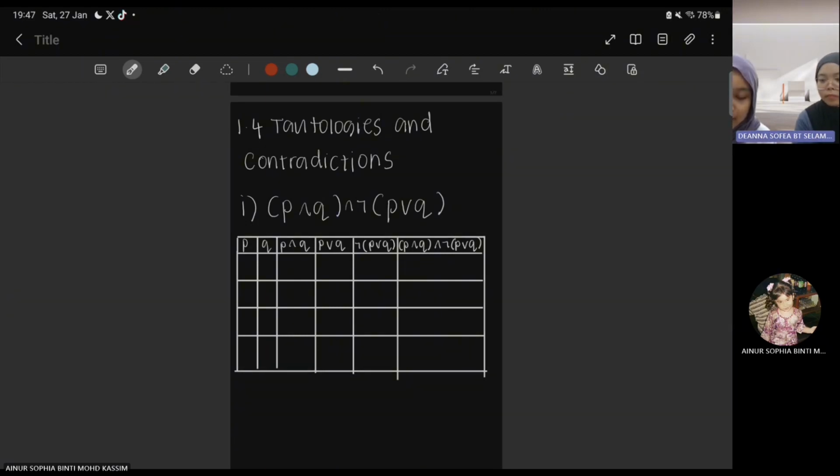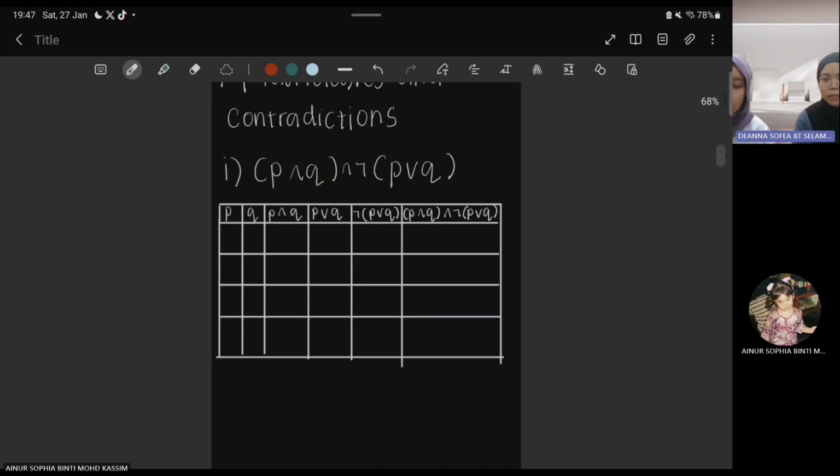So next, we are going to do a question about tautologies and contradiction. Here we have open bracket P and Q close bracket and not P or Q close bracket. We have to do the table first for P and Q. P: true, true, false, false. For Q: true, false, true, false. And for P and Q,